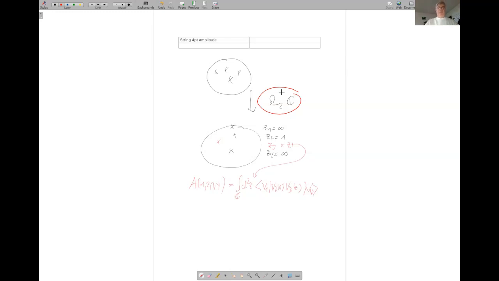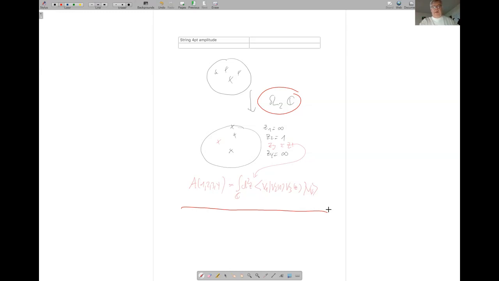For example, the standard configuration that one chooses in computation of scattering amplitudes is to put 1 point at the North Pole, or equivalently in the complex plane at infinity, another point at the point 1 in the complex plane, and another point at the origin of the complex plane. And then if you have more than 3 vertex operators, then the 4th and 5th operator and so on need to be integrated over. So to avoid the overcounting,